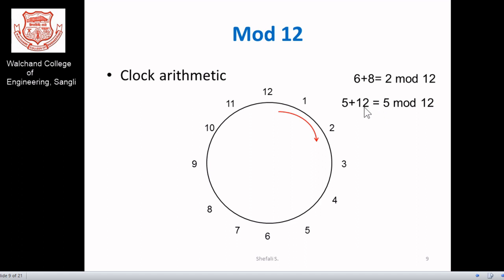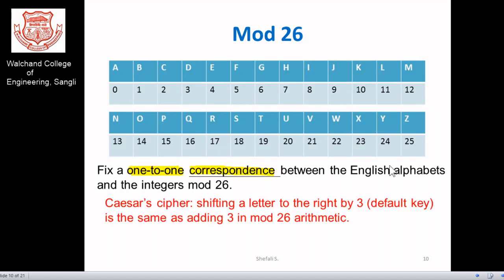In the same fashion, 12 plus 5 is 17, so again it is equivalent to 5 mod 12. So you can say that this is a circular style of writing this mod operation. We take it with the cardinality of your set as 26, because there are 26 letters in your operation.